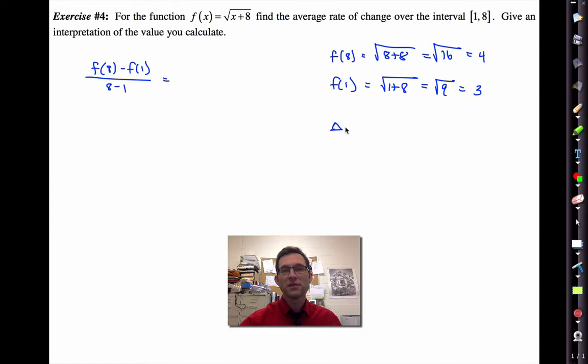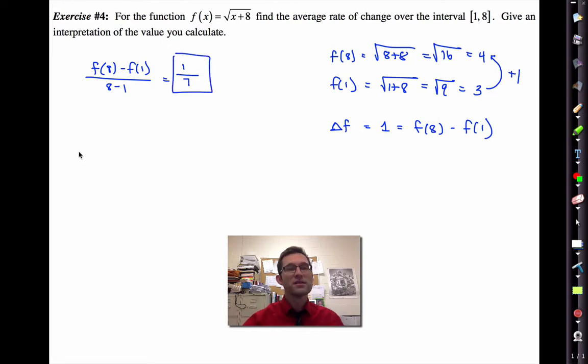Now, really what this means, if you think about it, is that the change in the function was 1 unit. I mean, yeah, you can do the subtraction, but again, as I go from here to here, we added 1 unit. And sure, that's f of 8 minus f of 1, but don't lose the forest for the trees. Ultimately, I just wanted to know how much the function went up or down. Of course, if delta f were negative, it went down. And, of course, the change in x is 7. Now think about that. What that means is, and here's my